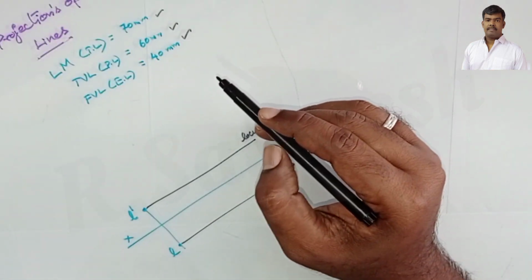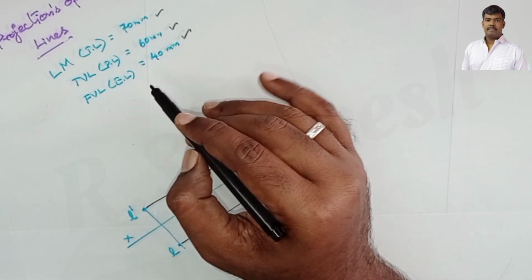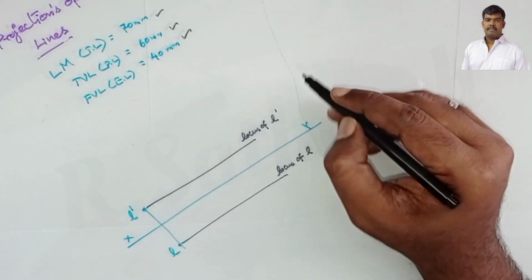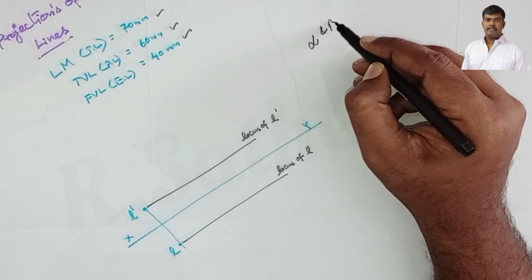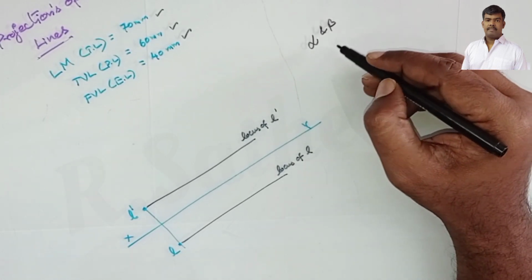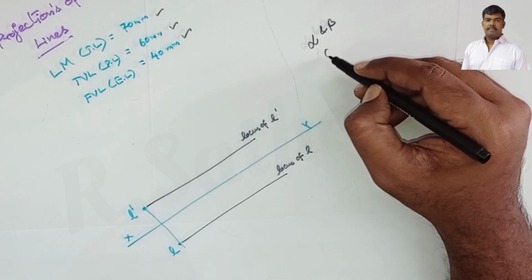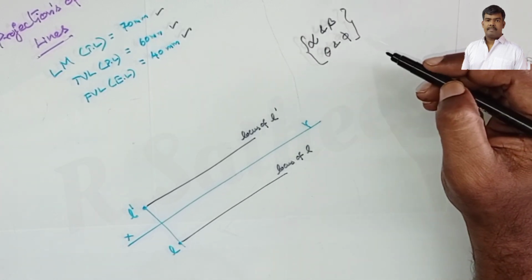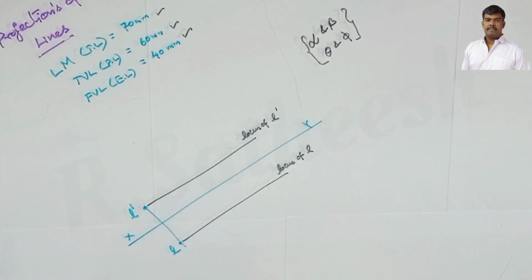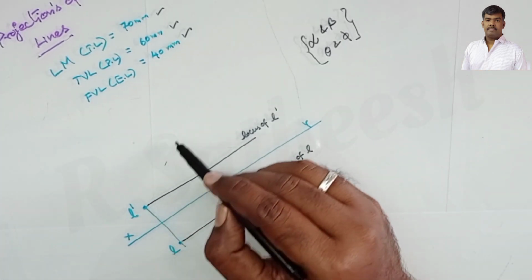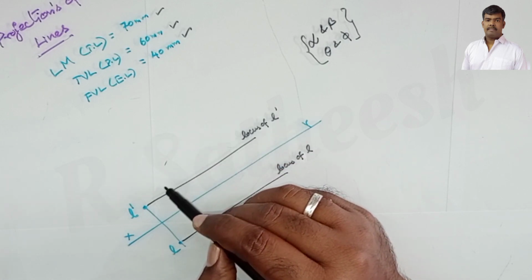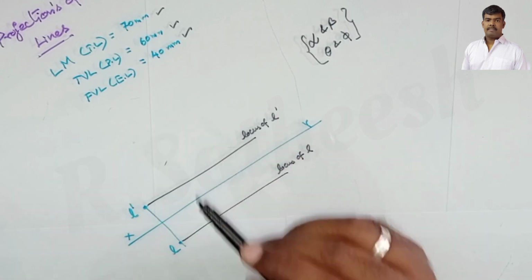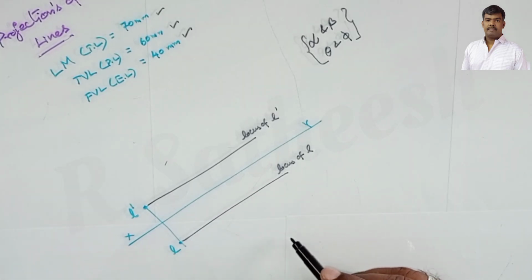What they are asking is to draw the projection of the straight line and find the apparent angles. Apparent angles, as you know well, are alpha and beta. And inclination angles: the true length makes an angle with HP, theta, and with VP, pi. So they are asking for four angles. We know the true length makes an angle theta, but we don't know the theta value, though we know the line length is 70 mm. Similarly from L, the true length makes an angle pi, but we know the 70 mm true length and don't know the pi value.